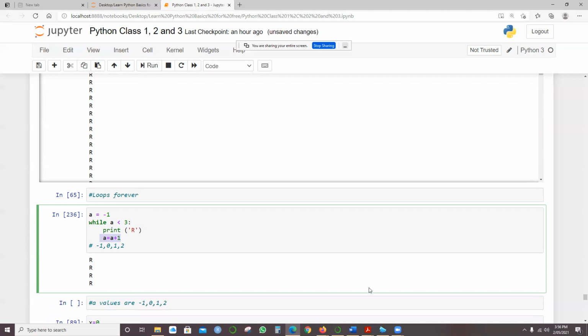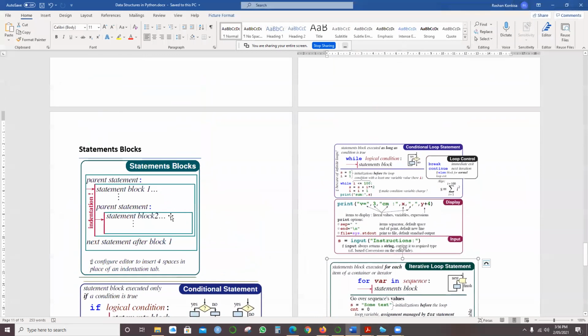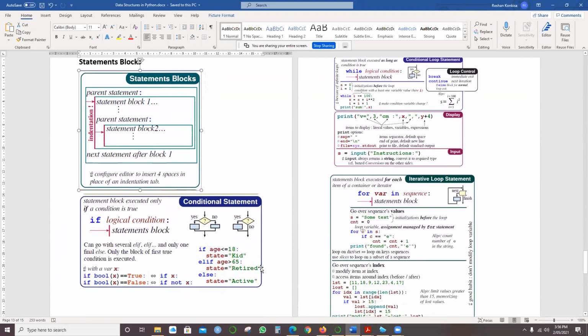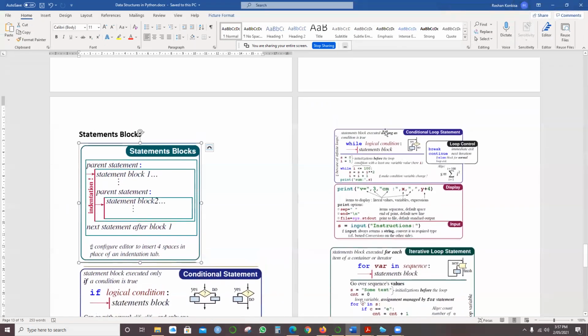That's the while loop. Okay. And if you want to know in diagrammatic format how it works, I'll show you. In general, I told you, right? Here the statement, then the parentheses. The indentation which I was talking about: the next statement should be pushed inward. Same case with if: if the logical condition is met, then the statement, and it should be pushed inward, right? Coming to the while loop, here while the logical condition,